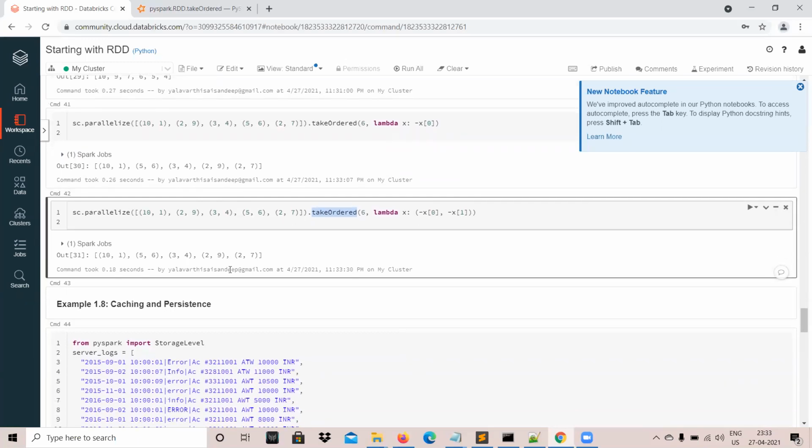You can read some sample data or some ordered data. Suppose you have been asked to do some analysis on the highest revenue generating products or highest revenue generating customers. Then you can have the data in this way, and you can extract, say, the first 1,000 records, because you want to run some different campaigns for them. So you can extract the first 1,000 records with this logic.